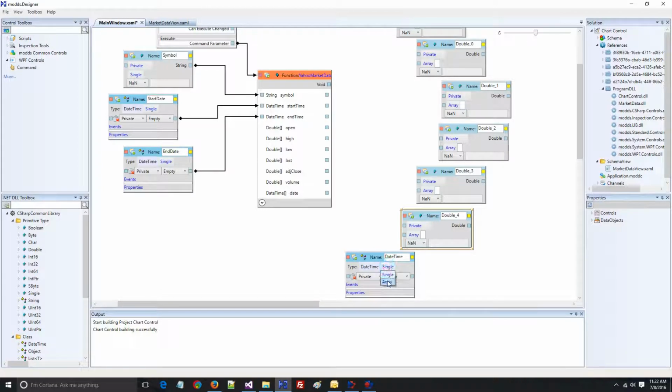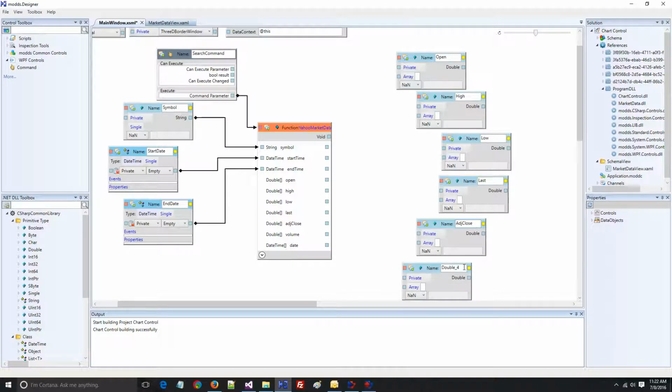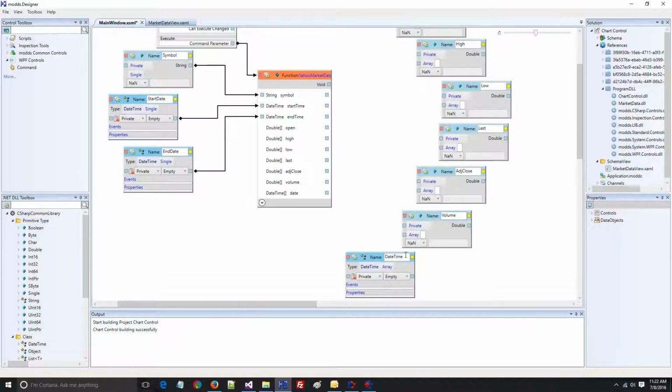You need a converter data array, and we're going to name them open, high, low, last, ADG, close, volume, and